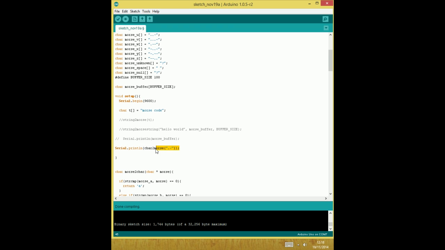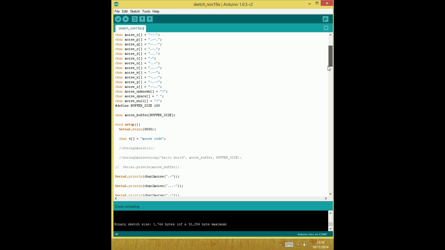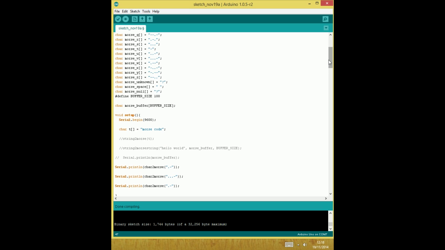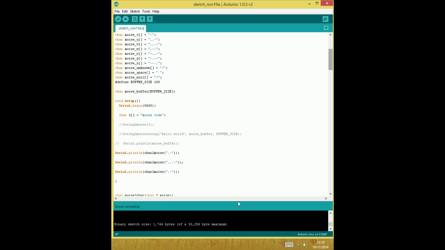Let's give it something else as well. Let's give it a V, so that's dot dot dot dash, and let's give it a J, which is, what is a J? A dot and 3 dashes. So we should get AVJ,